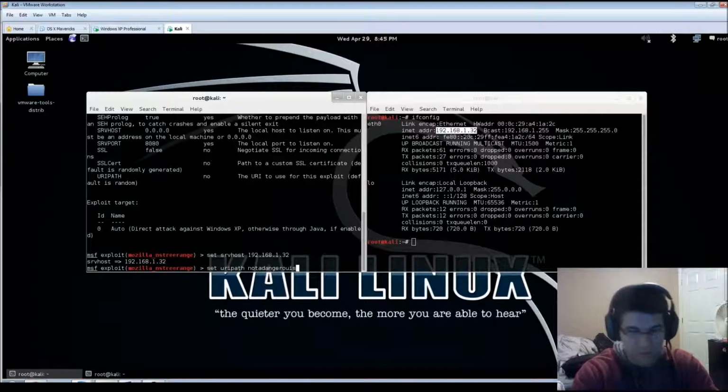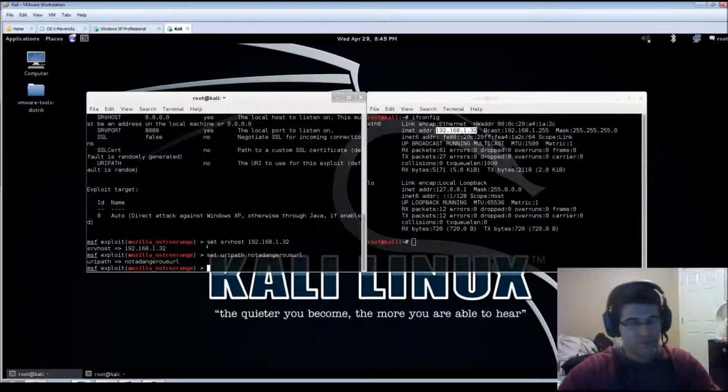I also wish I could spell dangerous. You know what? Not dangerous URL. There we go. All right. So now we need to set the payload. Let's choose a payload. I am going to use Meterpreter, reverse TCP,